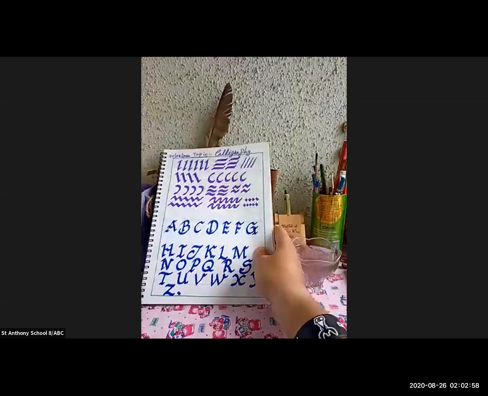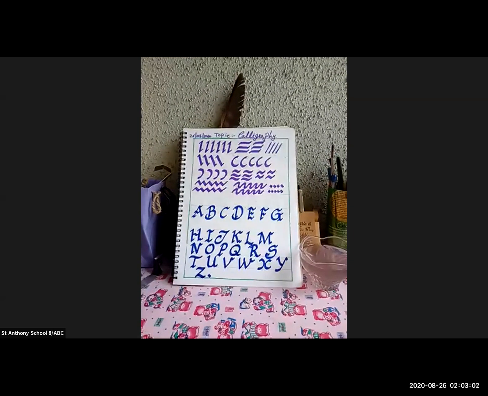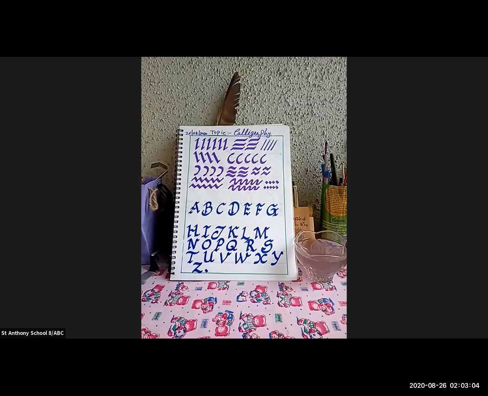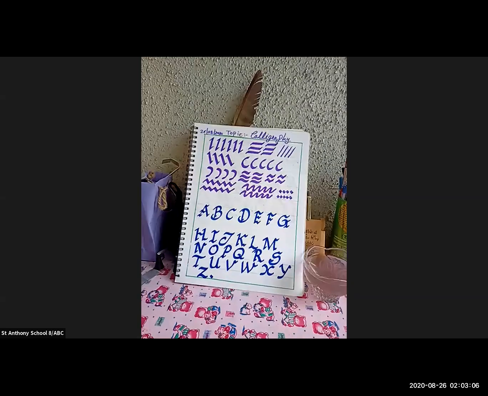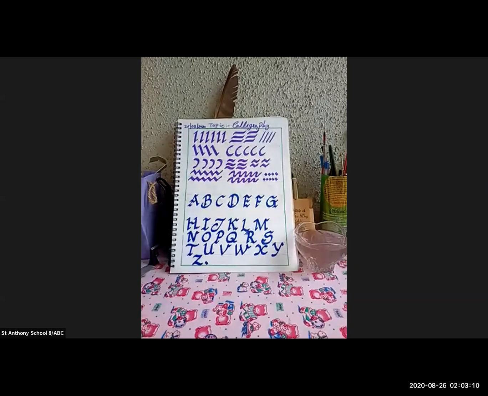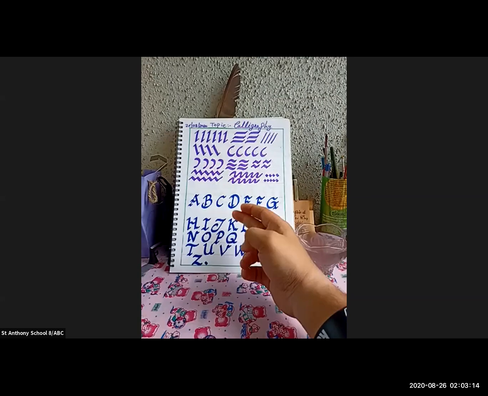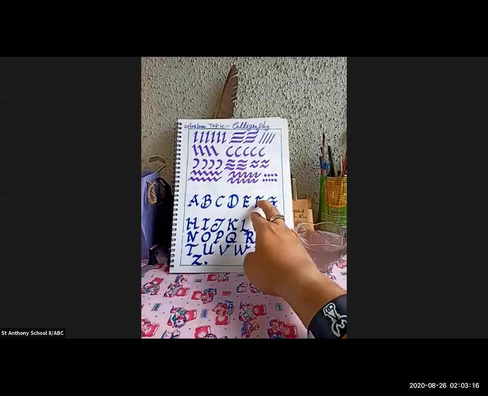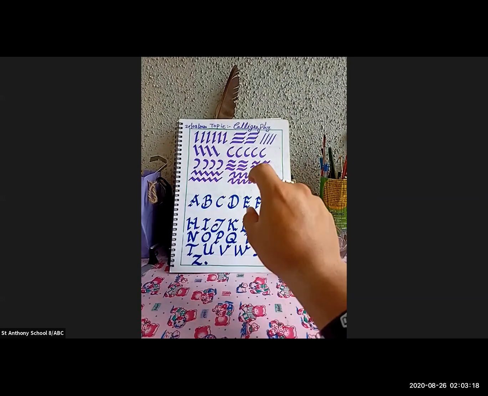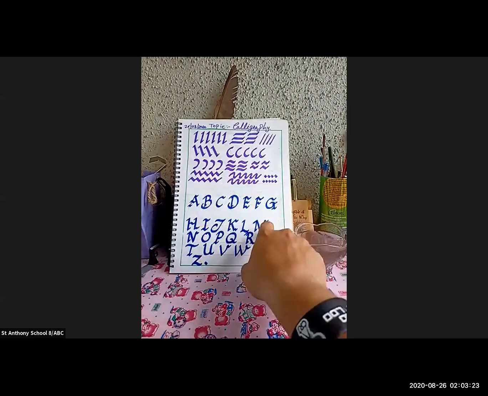I'm just keeping in front of you so that you can see. These are the strokes which you're going to do, and you have to complete this at your home. It's very important. And just see, I have done a mistake over here. I have not left a space. Okay, so whenever you're doing calligraphy, leave a space and touch each and every line properly. Okay, so this is how you're going to do.